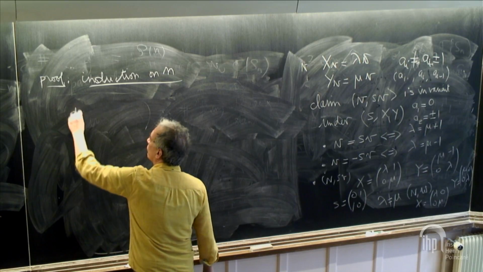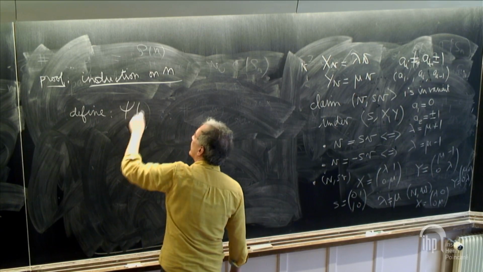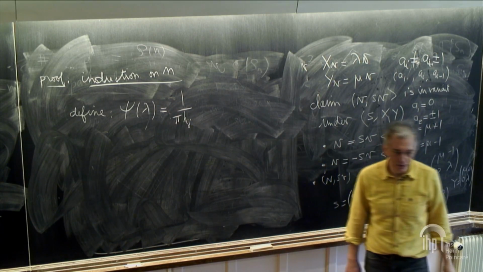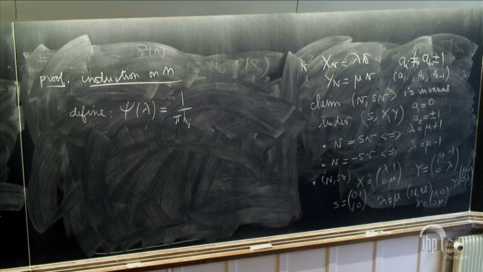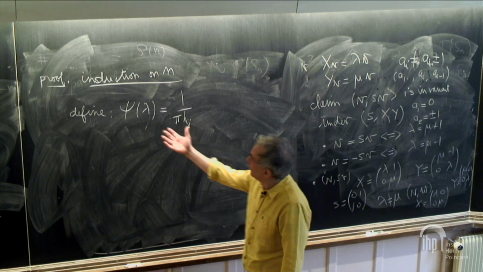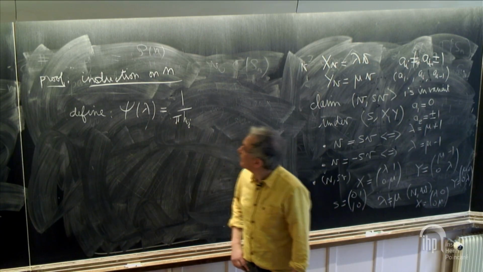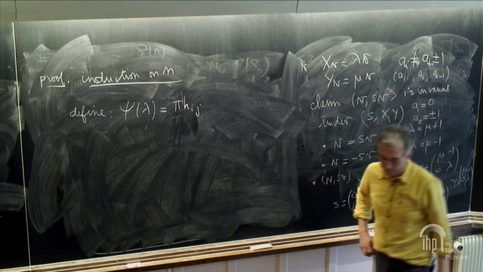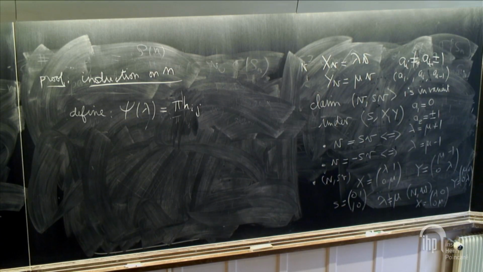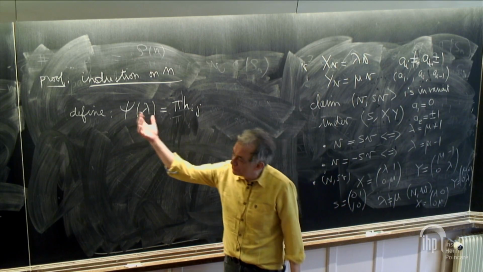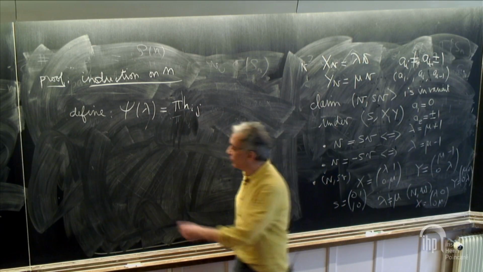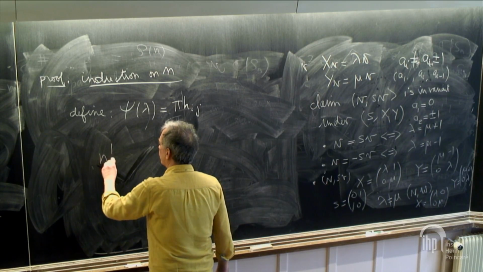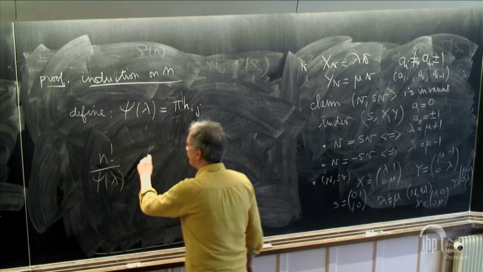So define psi of lambda. It's the product of the hooks of a partition. No, let me define the other one. This will be better. The product of the hooks, psi of lambda. So it's an integer. So I want to prove that n factorial over psi of lambda is equal to the number of paths in my graph. Okay. So what I claim is that